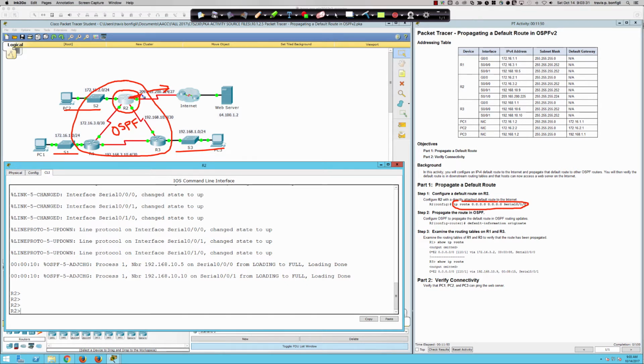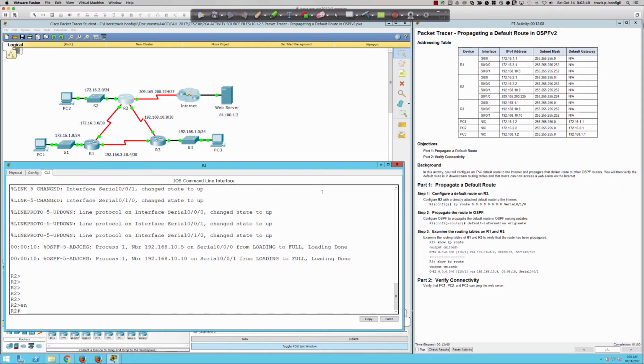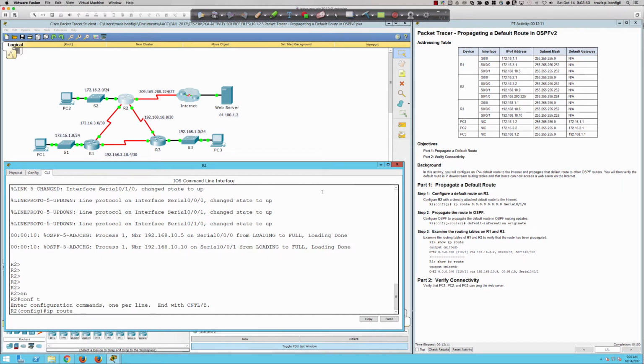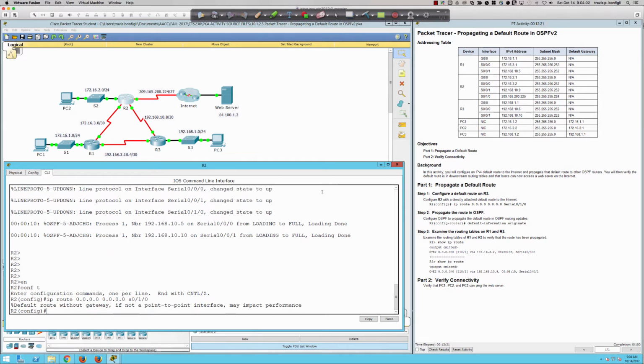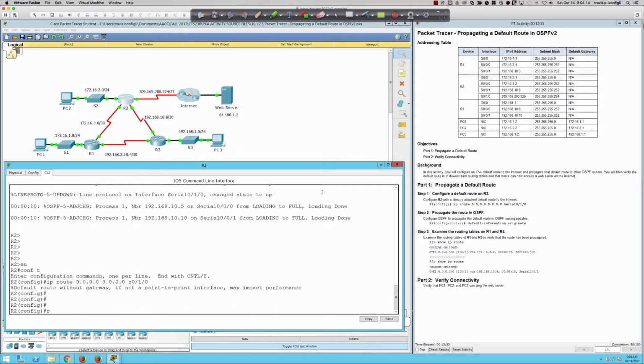And so then it makes sense to simply send that traffic out the default, which will be this serial interface right here, out to the internet, and then let the service provider take things from there. So let's go ahead and knock this out. On Router 2, we go into privilege exec and then into global config. Again, very easy, straightforward activity. We put our quad-zero IP route statement in here and then the Serial 0/1/0 interface. Again, we get that note telling us to be careful, it may impact performance, but this is a point-to-point link, so we're good there. Now we're going to go into our router OSPF,